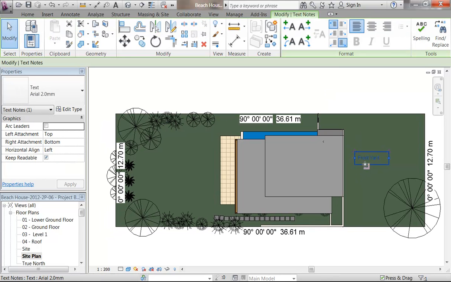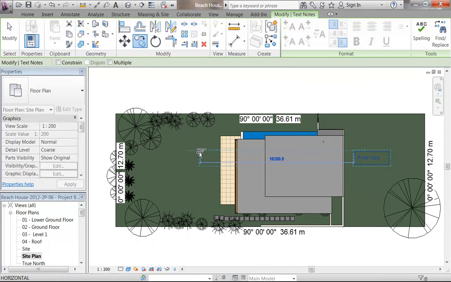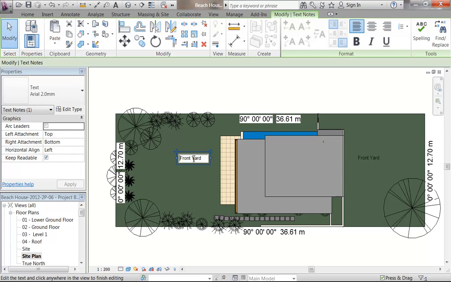And to save you doing a lot of typing, you can copy text from one place to another, and it's one of the real giveaways actually when you see drawings without a lot of notes that the person doing the drawings isn't very experienced. So you can do it either with 2 words or one, front yard and backyard, and then